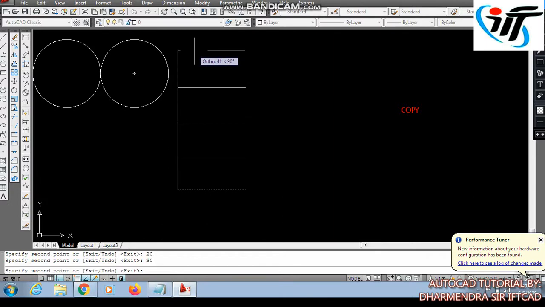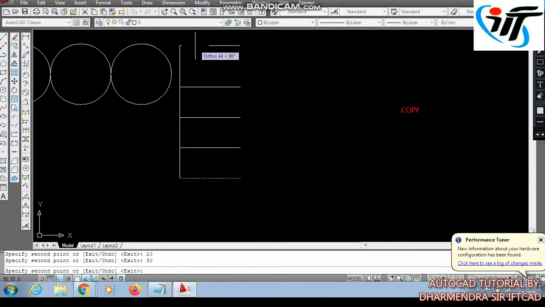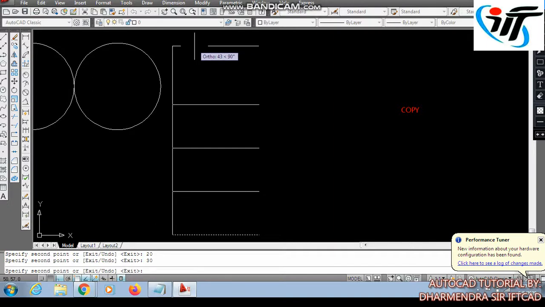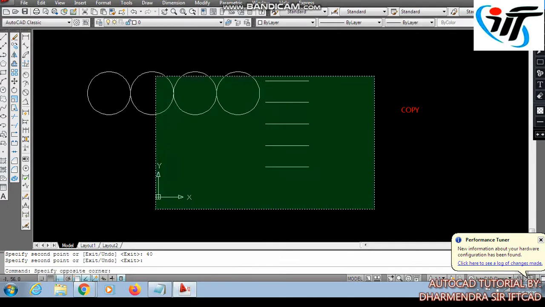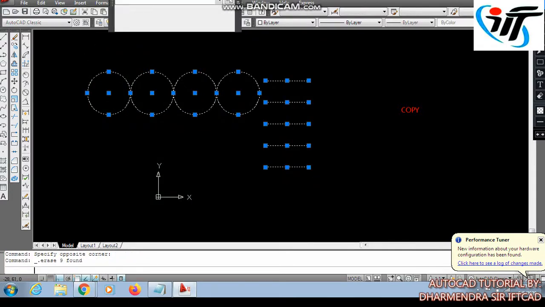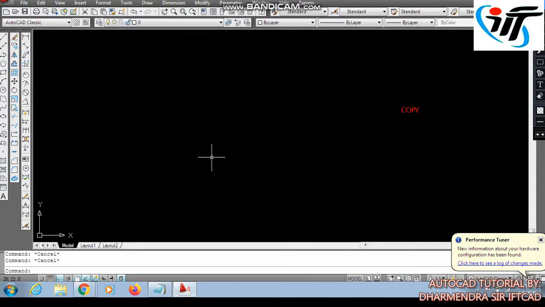That means the object is being copied from the base point at a distance of 10 mm. Now 40 unit. Okay. So this way we can use copy command to make multiple copies of an object.